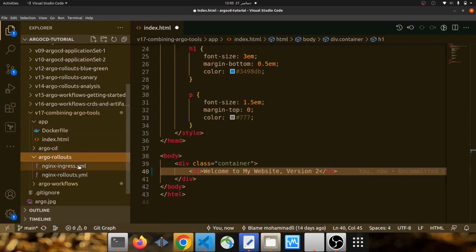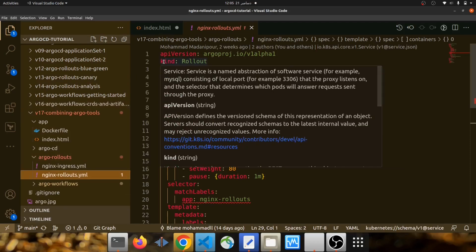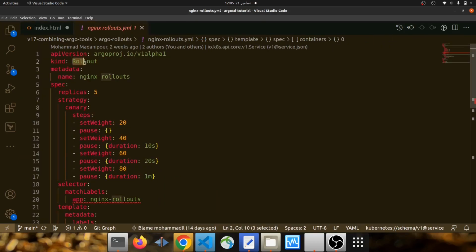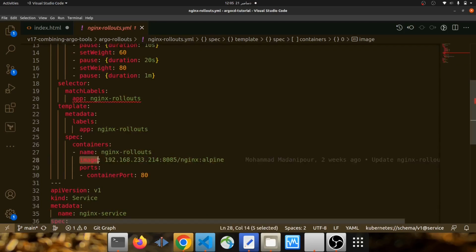the Argo rollouts directory here. We have a file here called nginx rollouts. And as you can see here, its kind is Rollout. I will dive deeper into this file, but for now, pay attention here, the image field. As you can see here, the image that this rollout is using to run my application is this. So if Argo workflows builds a new Docker image for my application, I need to replace the previous Docker image